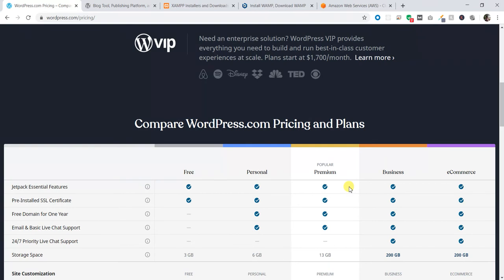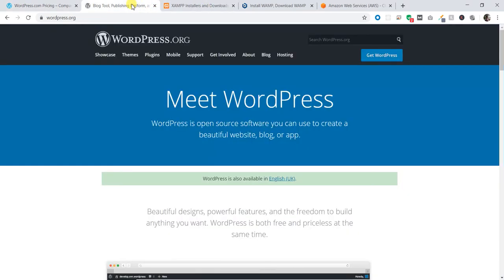If you're not interested in this, then you can go with installing it locally. For that, we have another website called WordPress.org. WordPress.org is a website where you can get all your stuff which you can download. Like you can download your WordPress package, your themes, or even plugins. You can also have support or community where you can discuss particular plugins, or you can even launch your own plugin if you are interested.